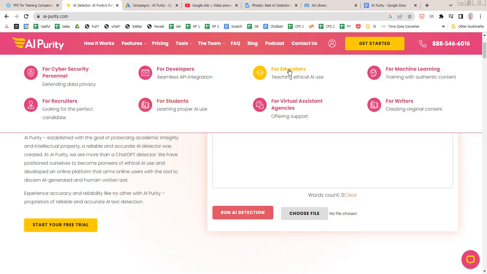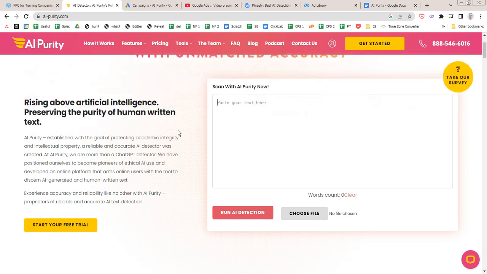But it could also be for teachers, and then for students, they have different, diametrically opposite goals. So the students want to paste in their content and make sure they don't get caught with ChatGPT-generated essays. And the teachers, on the other hand, want to catch them by finding out that it's AI generated. And there's some others.